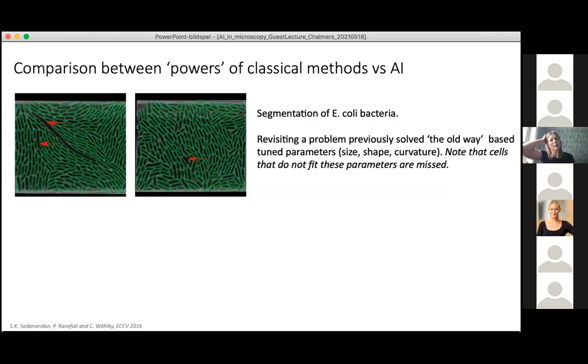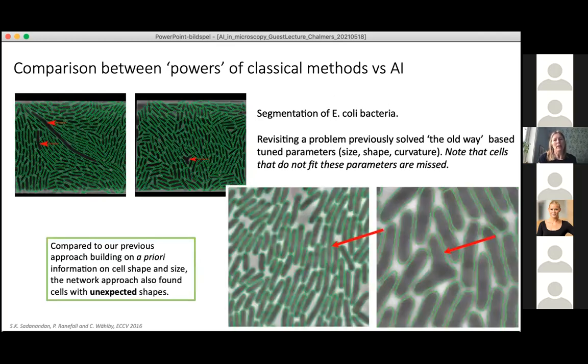And with the classical approach, when we had the information of size, shape, and curvature, we realized that some bacteria that had odd shapes and sizes were missed. But really the power of the AI was that these bacteria could still be found because we had not added these restrictions. So compared to our previous approaches, when we built the whole segmentation on a priori information on cell size and shape,